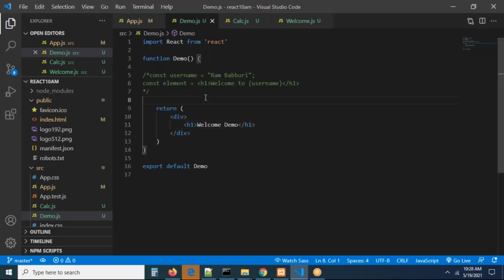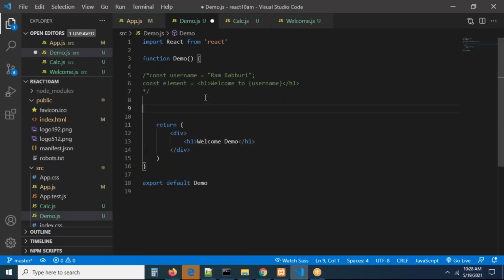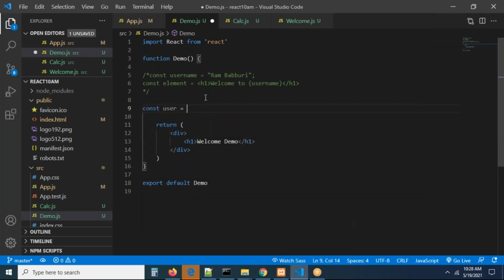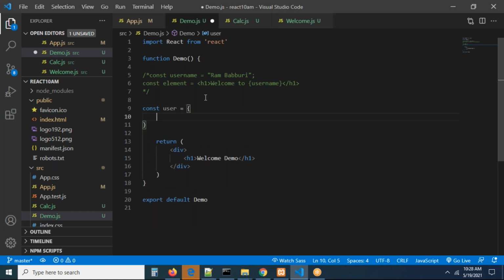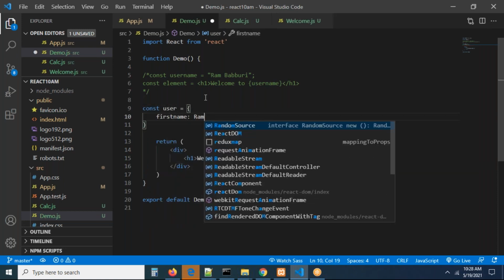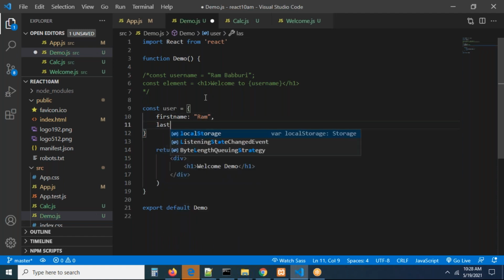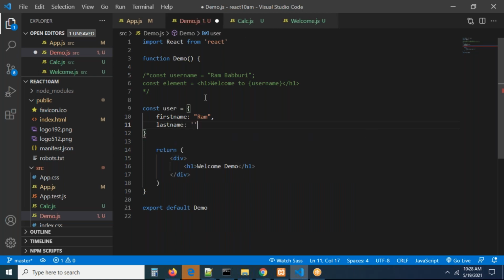Now here I'm going to take an object. Try to see. I'm going to create an object, const user equal to, with first name Ram. It's an object, right? Last name is going to be something like this, either double quote or single quote, no problem.